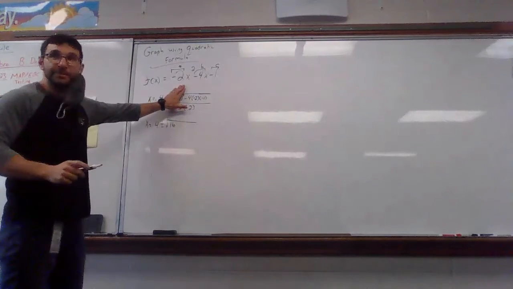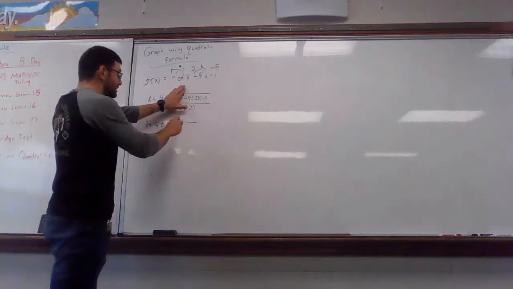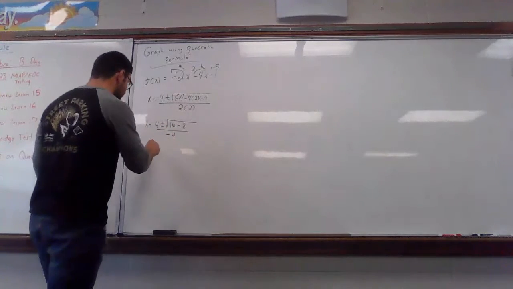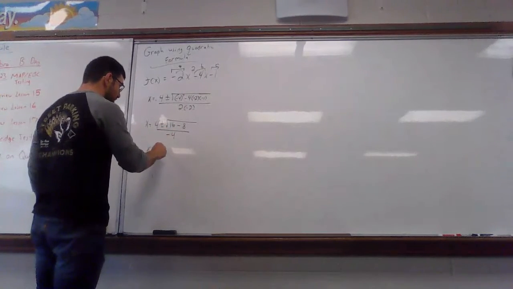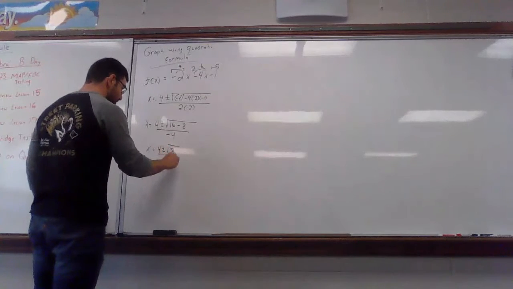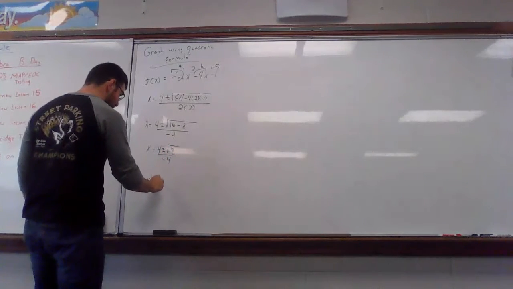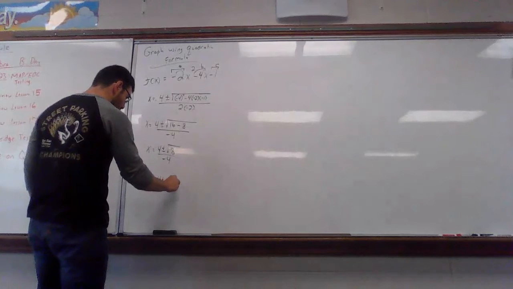Negative 4 times negative 2 is positive 8. Positive 8 times negative 1 is negative 8. All divided by negative 4. So now I have 4 plus or minus the square root of 8, all divided by negative 4. That gives me x equals 4 plus or minus, round to the nearest